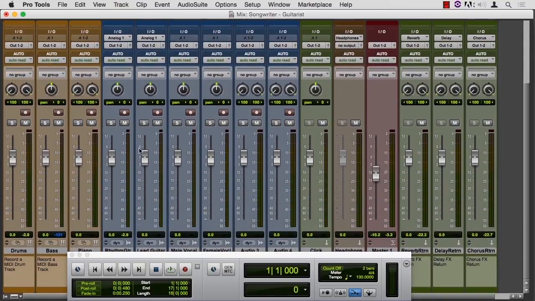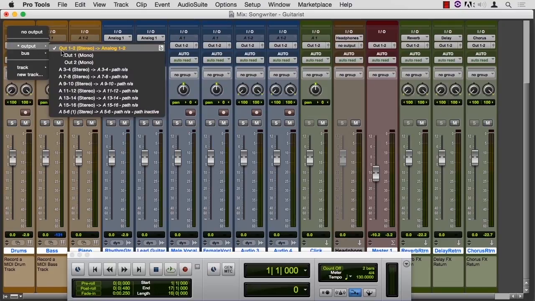So I'm going to scroll down to where I can get to my tracks. Click on the first track, then hold down the Shift key and click on the last track, and that selects them all. Notice that the headphone output doesn't route to this output, so I'm going to Command or Control click on a PC on the headphone and deselect it from my group. I want to go up to my output, and before I select one here, I want to hold down Shift, Control, Option on a Mac, Shift, Windows, Alt on a PC,